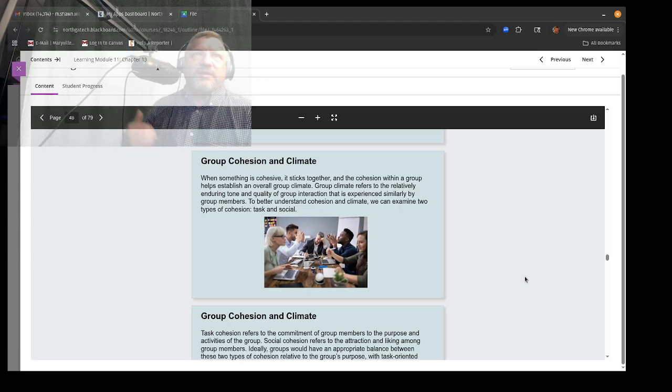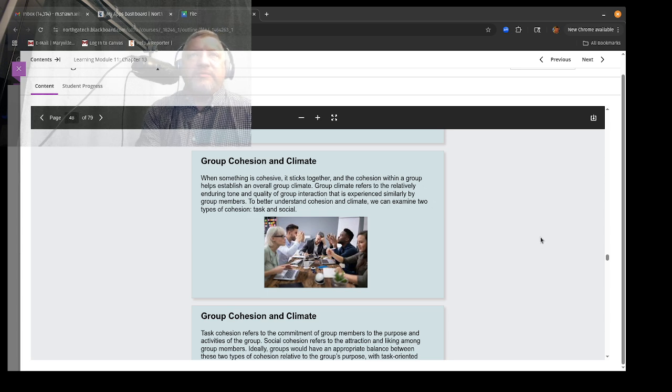Let's talk about conflict and cohesion first. Let's talk about positives, and then we'll talk about potential negatives. When something is cohesive, it sticks together. So when a group has good cohesion, they're sticking together. The group climate refers to the enduring tone and quality of the group interaction within the group, over time. So when we think about